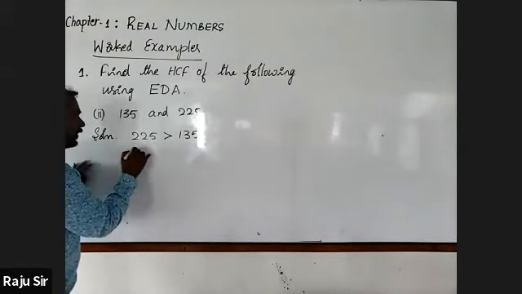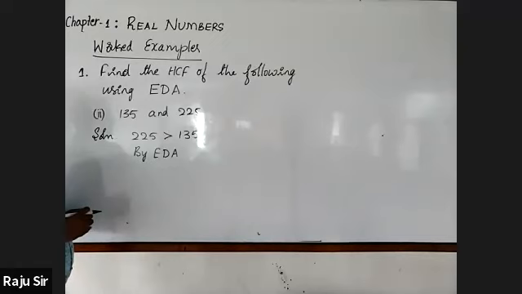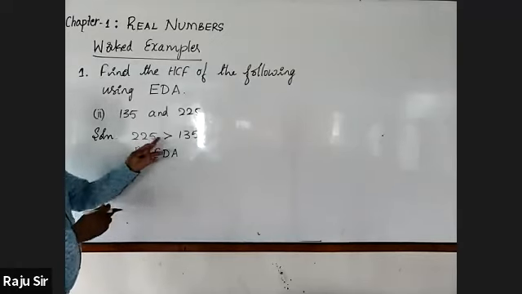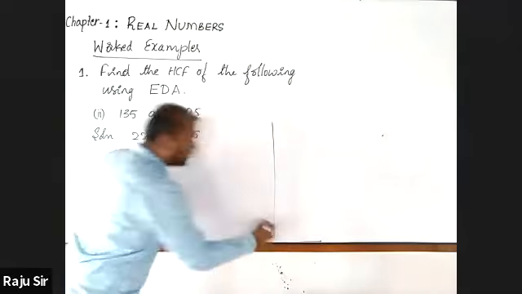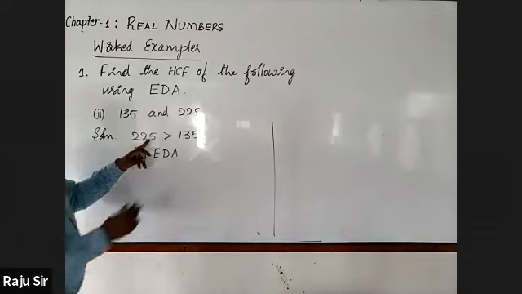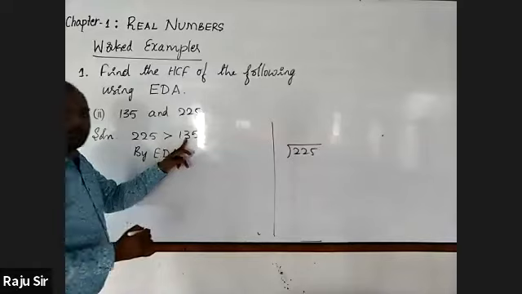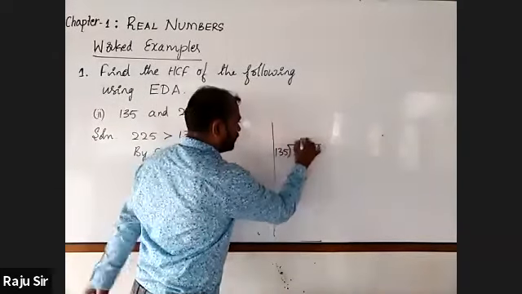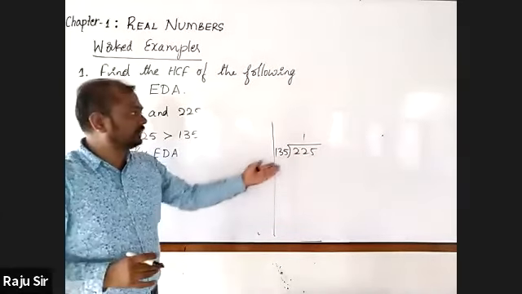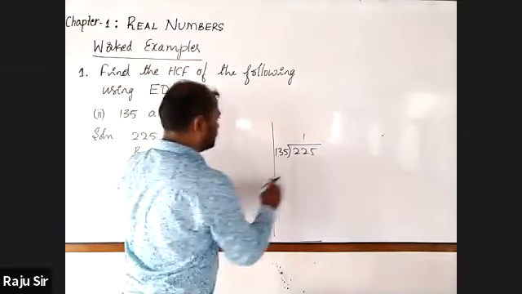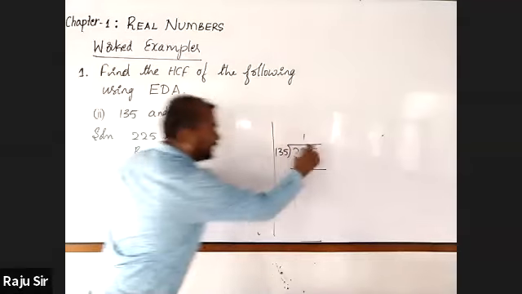Now, you may go for applying Euclid's division algorithm. Start dividing 225 by 135. You can write it directly. If you feel discomfort, then you can use the working column. Here, if you take 135 twos, it will be 270. Hence, we can take 1s. So 135 ones are 135. Then observe the remainder.